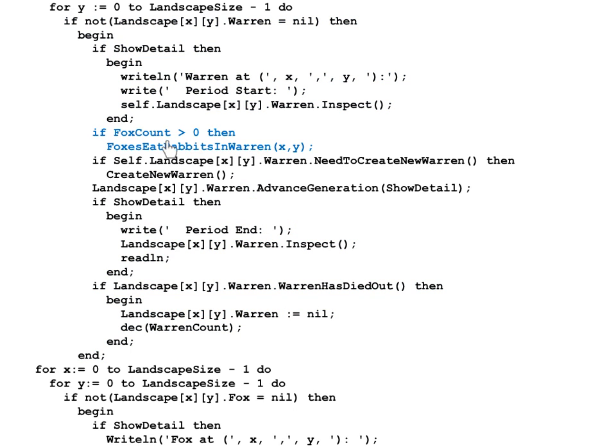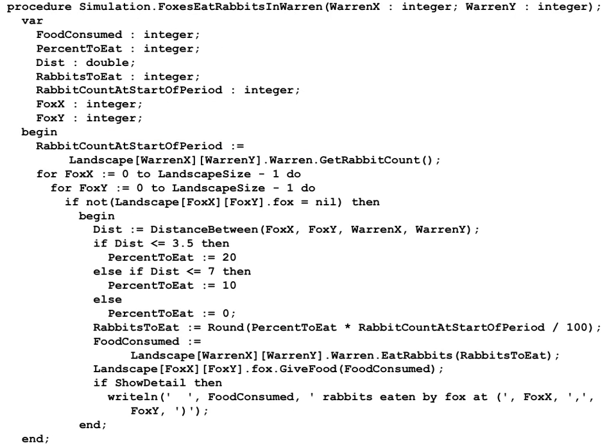It then checks if there are any foxes in this particular position of the landscape. If so, then it calls foxes eat rabbits in warren. Again, this is a method. It passes to it the X and Y coordinates of the current position. So this is the foxes eat rabbits in warren method. It belongs to the simulation class. As well as receiving the coordinates as parameters, there are a number of local variables that get used within this